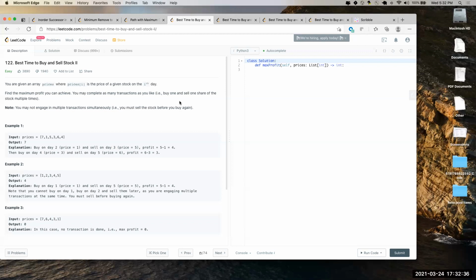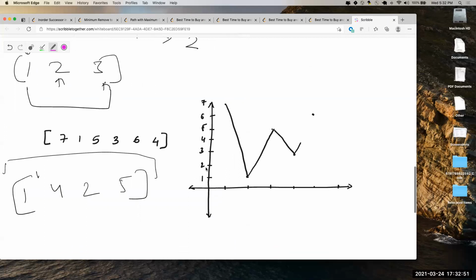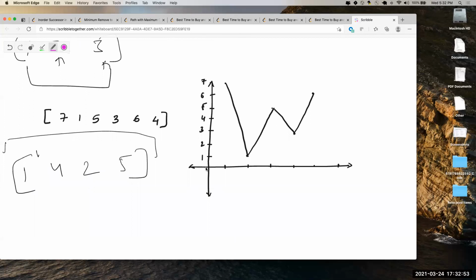And what if there's a dip? Yeah, you have already calculated it. That's exactly the reason. Wait, let's say you have this one, 1, 4, 2, 5. Then 1, 4. Your profit is 3. Then 4 to 5, no, 3 plus 3, 6, right? Yeah, 6. Right. So we'll do a linear scan.